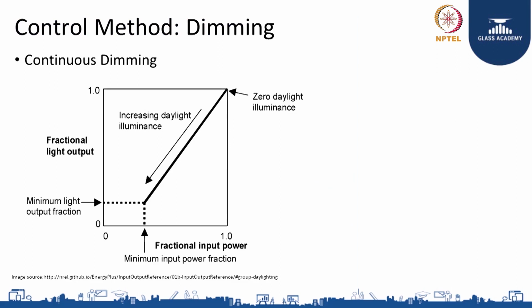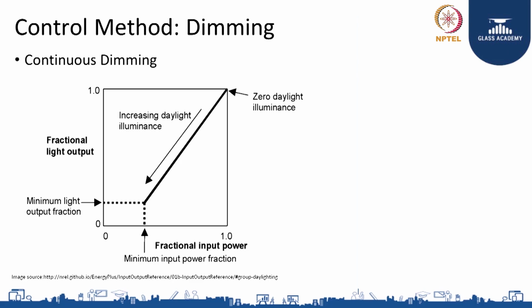In this graph, you can see that as the fractional light output reduces, the power consumed by the fixture also reduces. However, you can see that the efficacy of the lamp reduces when we dim it. Meaning, if I am reducing the lamp output to 20%, that doesn't mean my power consumption will also come down to 20%. My power consumption might be 30%. So I am giving only 20% light but consuming 30% power. So the efficacy has come down.